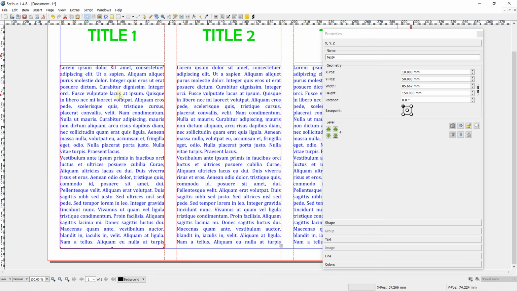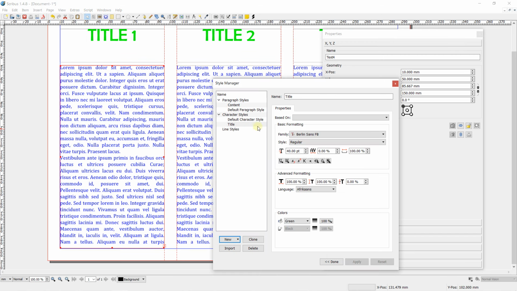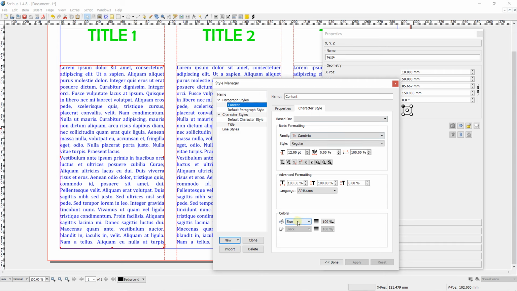Now I want to edit this paragraph. I don't need to edit each paragraph. I don't need to edit each text frame. I just need to edit the style, edit, style, and change this time content, double click, and I decide finally to change a little the color, and I want to have this, for example, in yellow, and I want to increase a little the size.